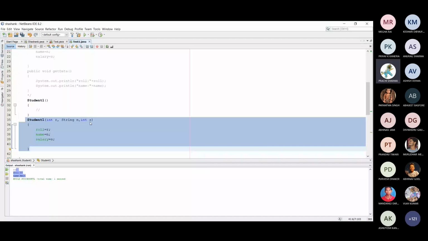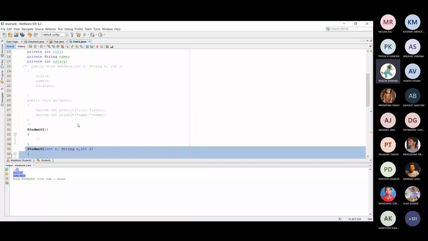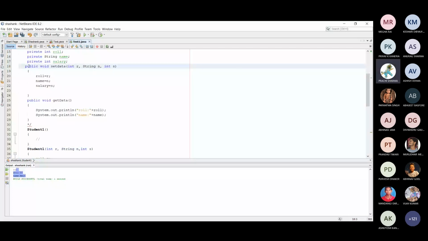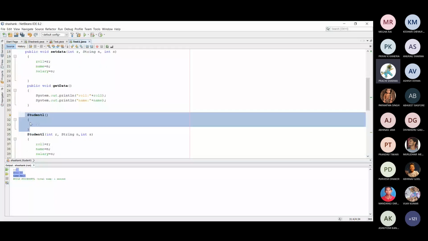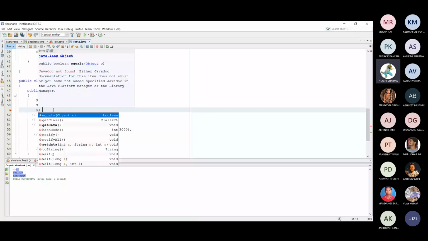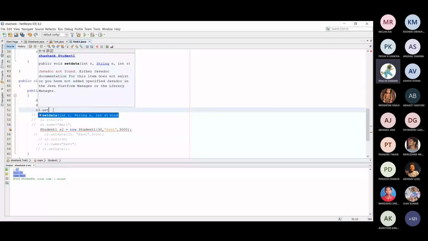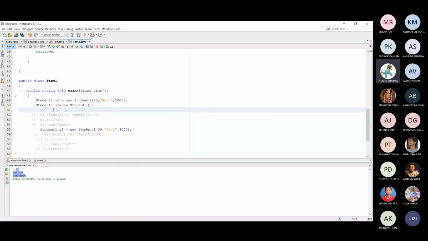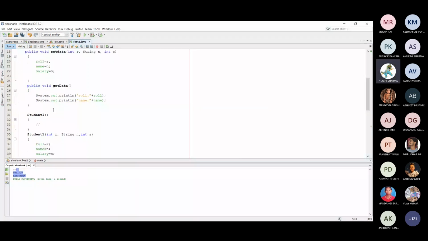But suppose set data and get data methods are available. In that case, you can write this particular block so that you can create an object like S3, and then with the help of S3 you will be able to set data and get data. Otherwise, with the help of a parameterized constructor, you can initialize the object.